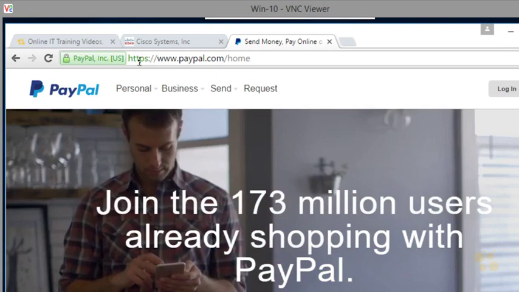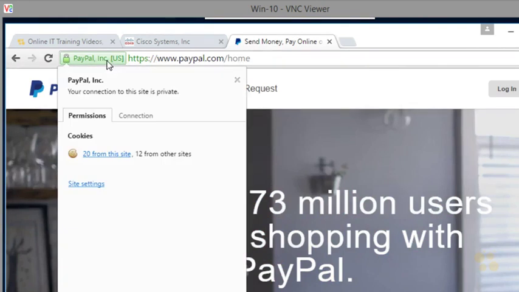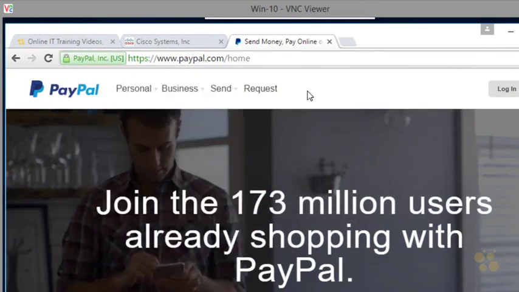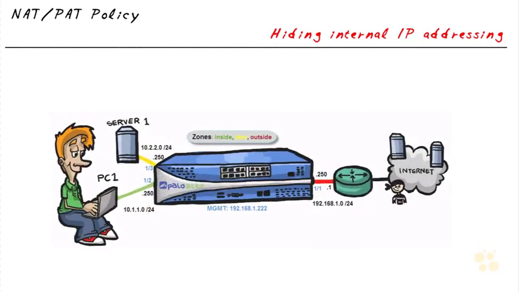Look at that. All right, so HTTPS, there's the certificate information. It's using TLS version 1.2. Fantastic. So I just want to verify that DNS, HTTP, and SSL are all truly working as they're supposed to because of our security policy in combination with the translation that's allowing this IP address to be translated on its way out. In this nugget, we've added a network address translation policy, specifically with port address translation, that gave the